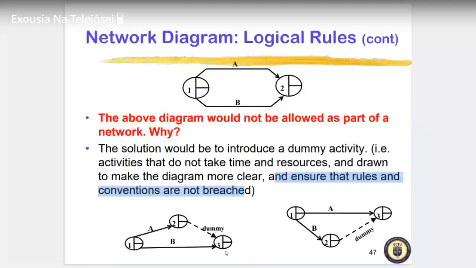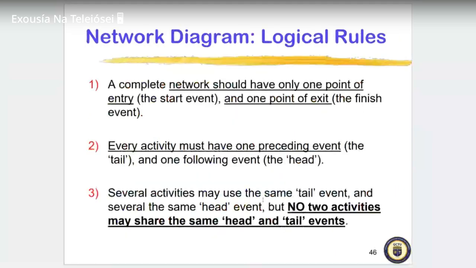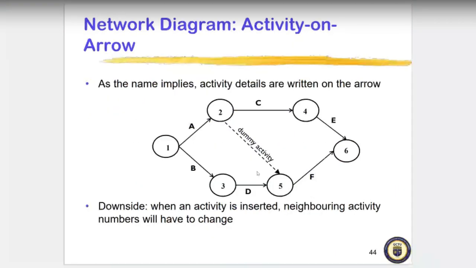A dummy activity. Okay, so you can just create a dummy activity. What you are seeing right here, I'm sure it was supposed to be maybe A and B, and then maybe A should be connected to maybe D, right? That is what it's supposed to be. But because when it does that, it violates the rules, then we should have a dummy activity right here. We have to have an activity illustrating and showing that